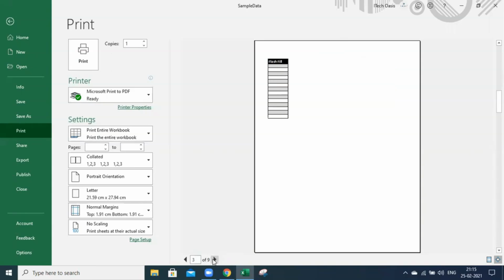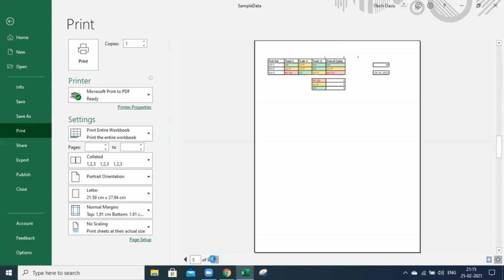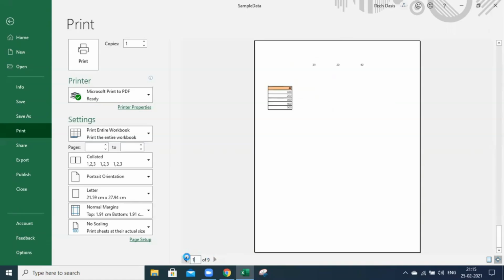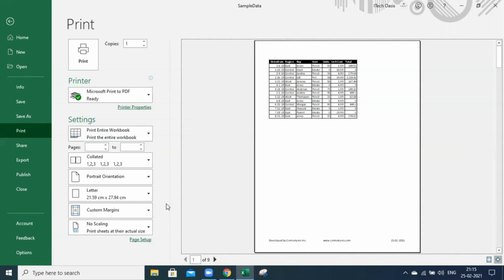If some data is not in the print view, it will get split to a different page. So that way, the third sheet. Okay, so this way you can directly navigate to any page by just typing here, and you have a choice: how many pages do you want to print? Let's say I wanted to print 1 to 5. So I will type 1 to 5, and the moment I type 1 to 5 here,